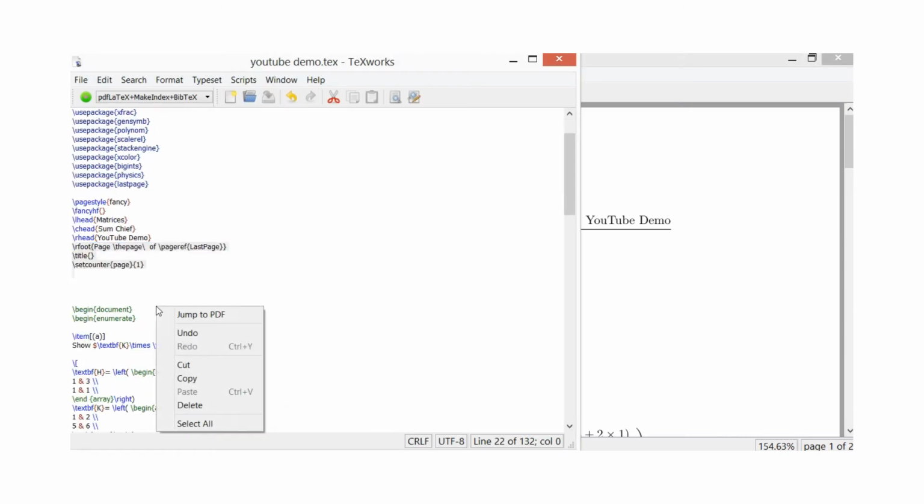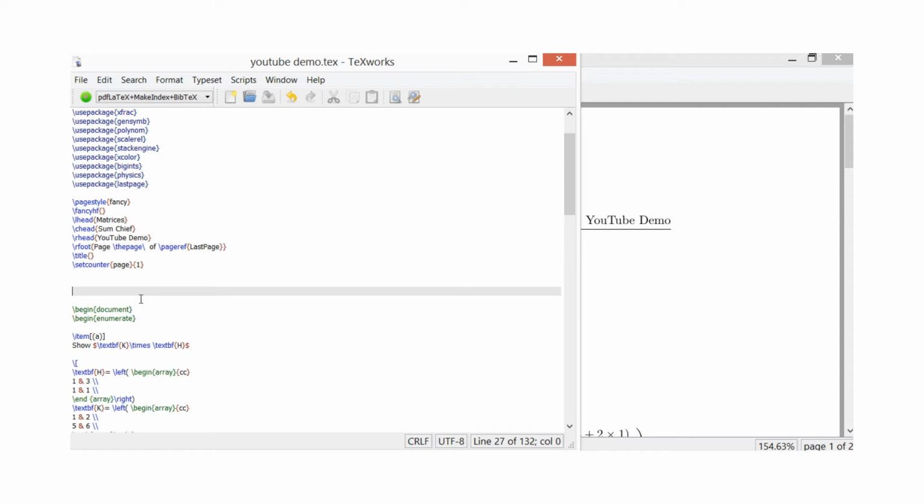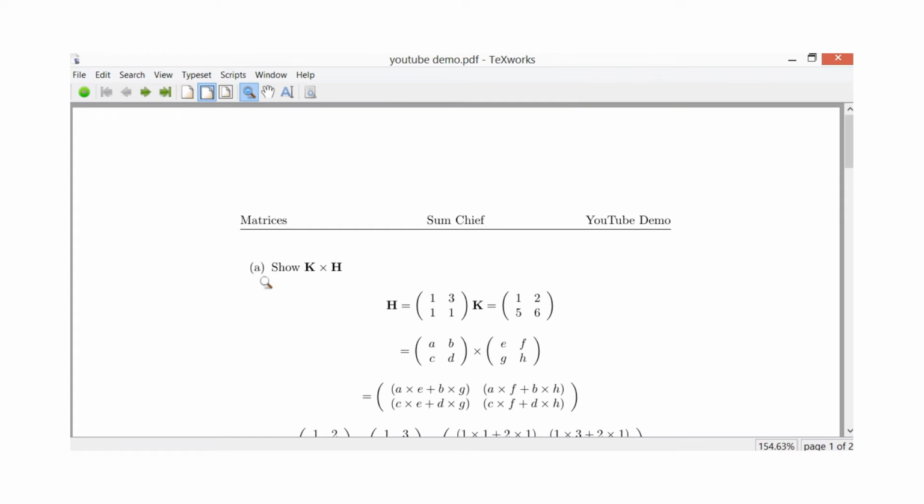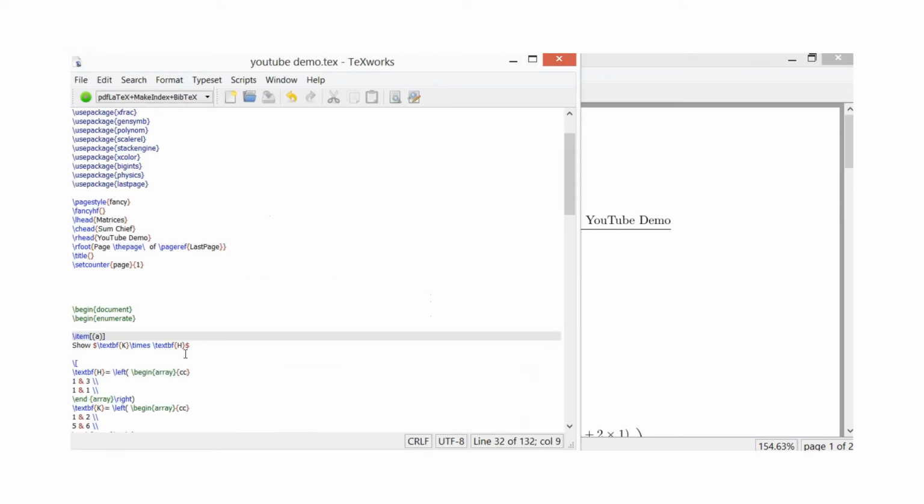Okay, so then begin document and begin enumerate. So begin document, basically you're starting off your document. Begin enumerate. Now this is a nice little one. Then you can do your little sub text inside there. So you've got item a, and that's basically allowing me to put this a here. That's what that's all about there. So I've got item a. So now to set up the matrix,